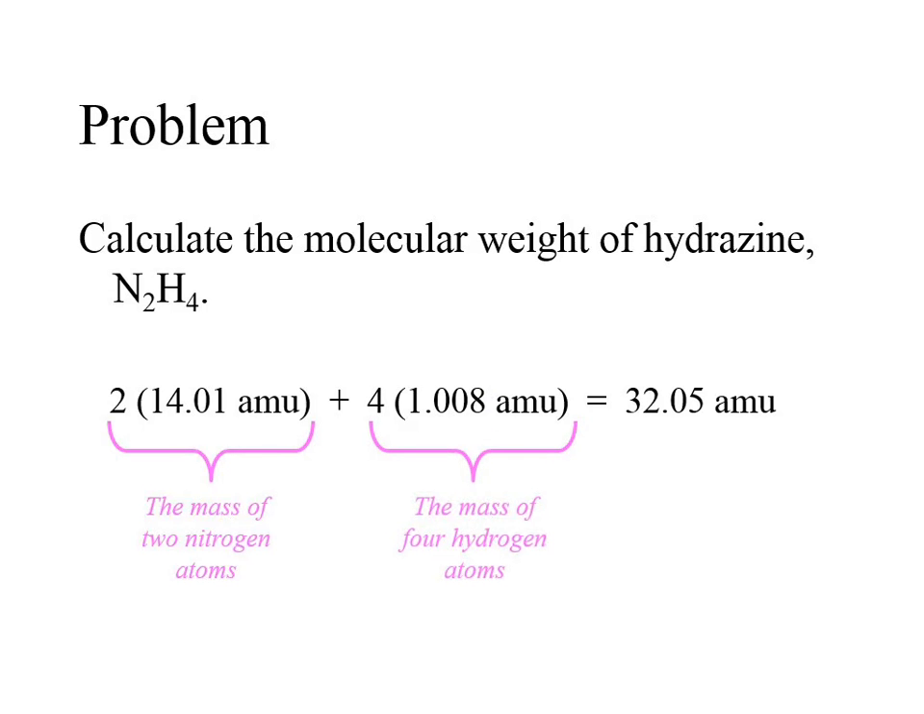So the decimal number for nitrogen is 14.01 AMUs. Remember to use units throughout your problem. So 2 times 14.01 AMUs. The decimal number for hydrogen, 1.008. 4 times 1.008 AMUs. Now notice we're both multiplying and adding,